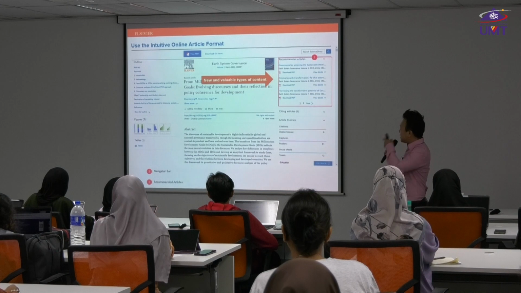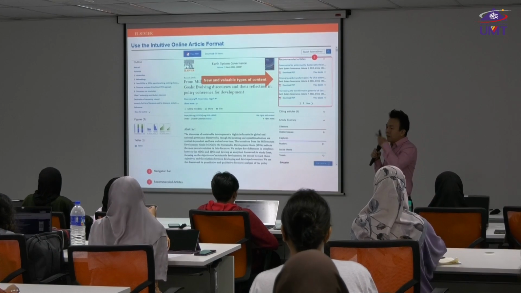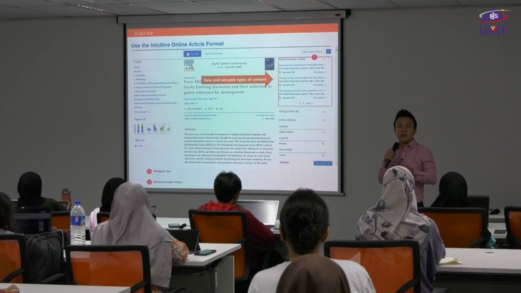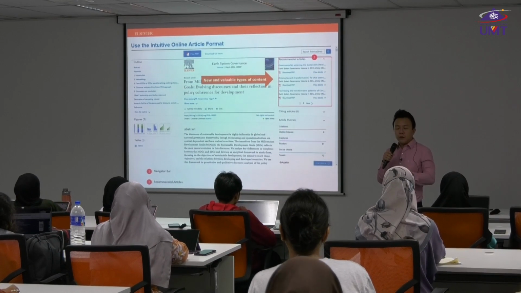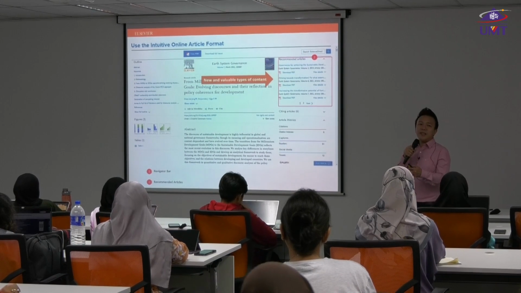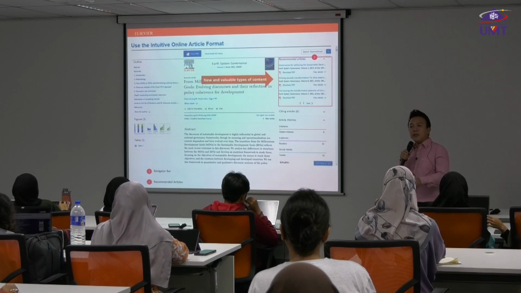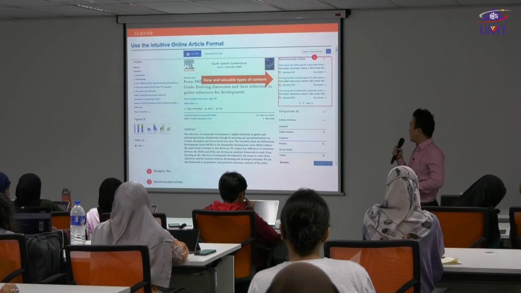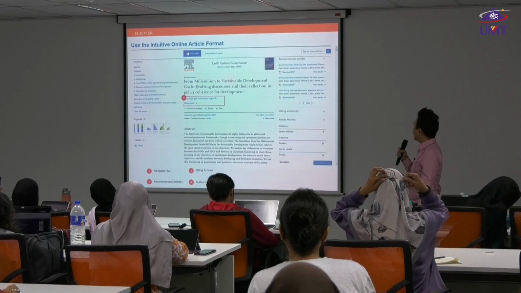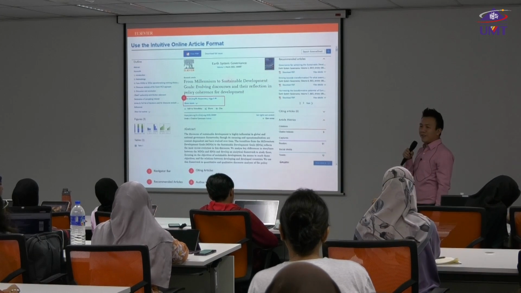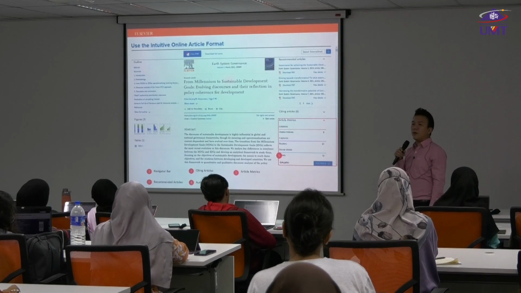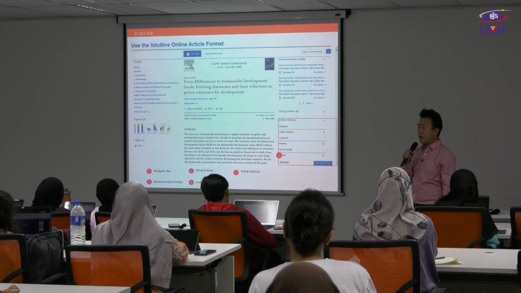Then we have recommended articles. After reading this article, you might find that it is more or less 50% relevant, and I still need to do more reading in the relevant area. So we have this part to help you see if it can mitigate the other 50% of the knowledge gap that you still have not achieved. You have citing articles, and author information. Who knows, you want to know, is this author from which country, which university?